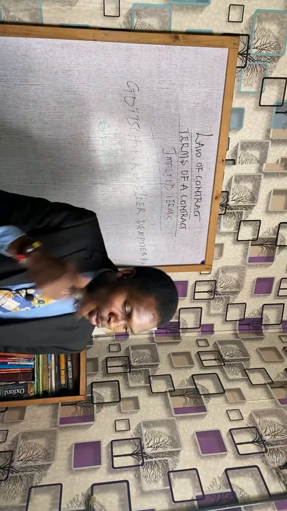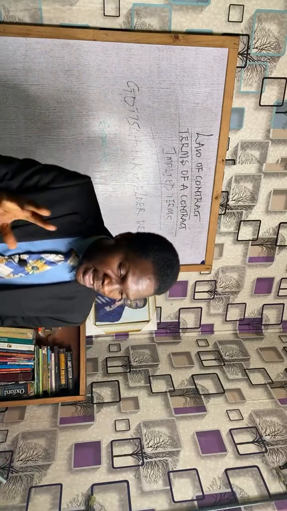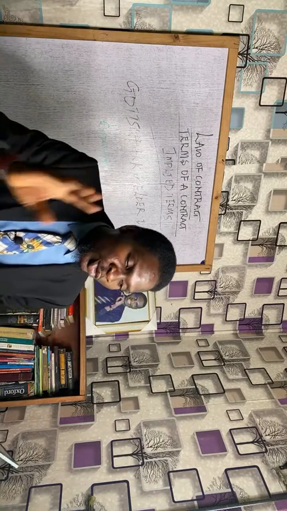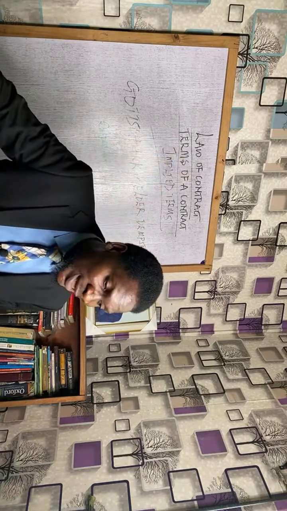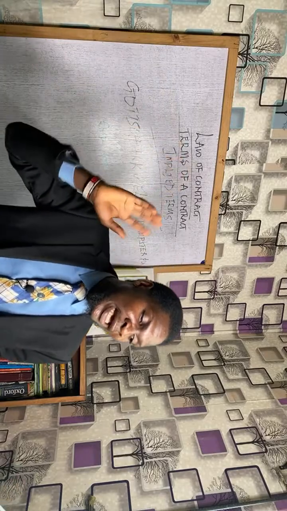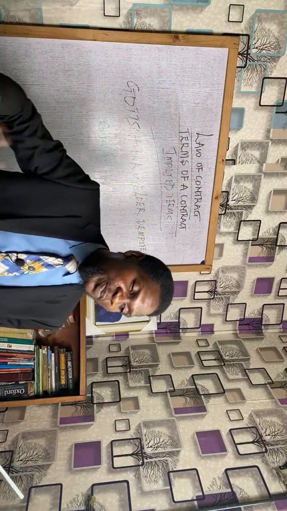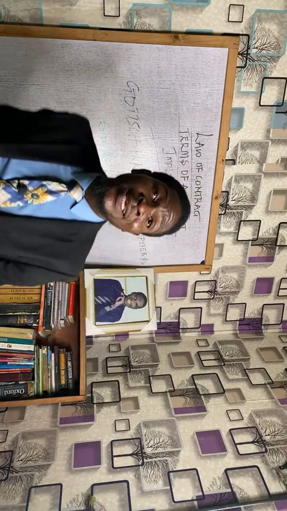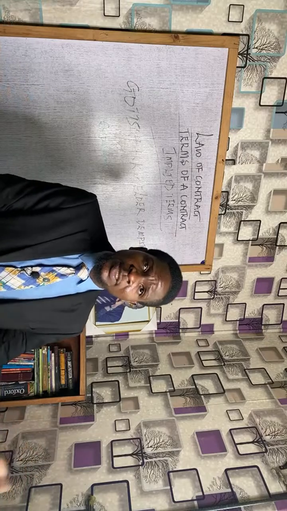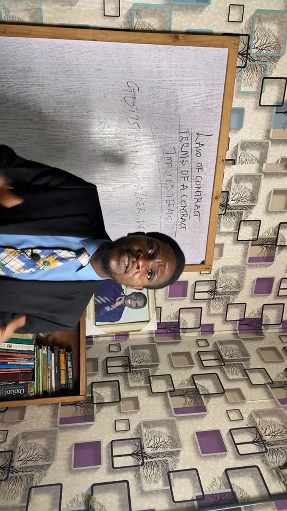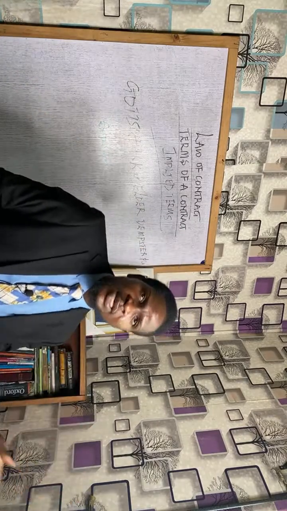Now, what is the rule? One of the areas of contract is employment contract. This includes the rule that a person who employs has the power to terminate the employment where there is no express provision for such termination. So if there is no express provision in what we were saying when I was employing you, I can just come to the shop one day and say, you know what, I'm tired, come and start going. Do you understand? Anybody who has the power to employ has the power to terminate. If you know that you don't want to give the employer that much power, include it in the contract that you cannot terminate except, and all those kind of things.